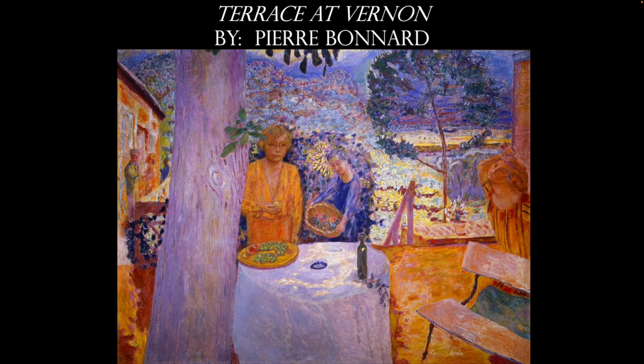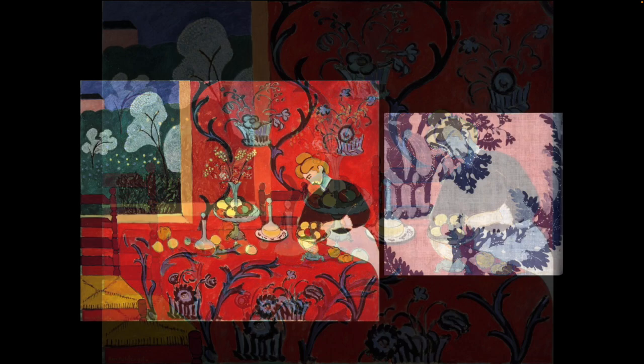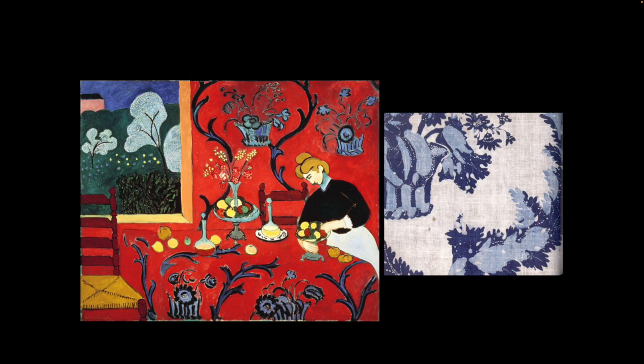The problem that we have in real life with arbitrary color is sometimes we don't know when the artist is using it. So in the case of Matisse here, he utilizes this room with the red background, red tablecloth, kind of a blue design. But that is not the true color of the object originally. We know this because this is a very famous pattern that Matisse uses, and there is a swatch of cloth to the right of the painting that illustrates a white cloth with a blue design,